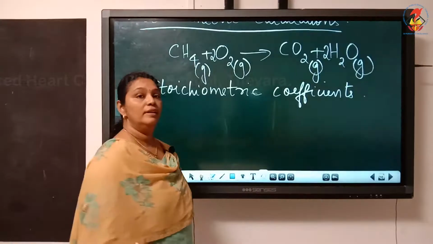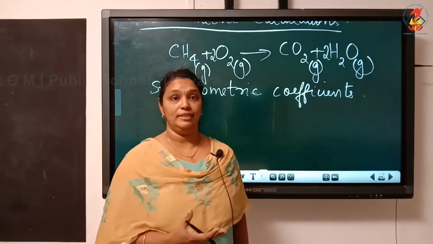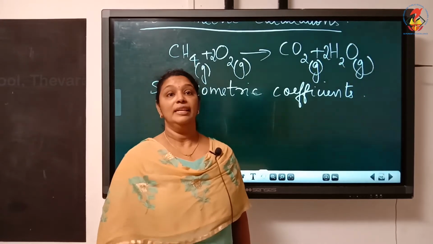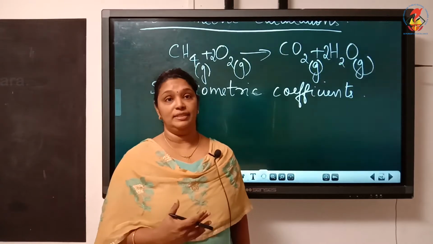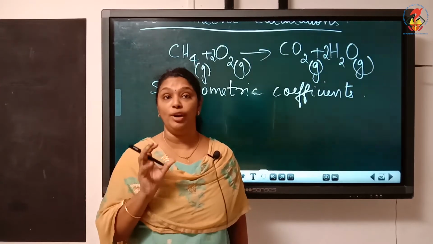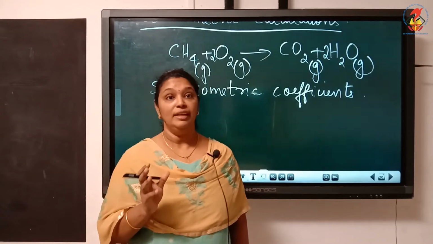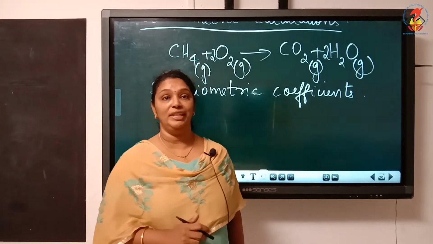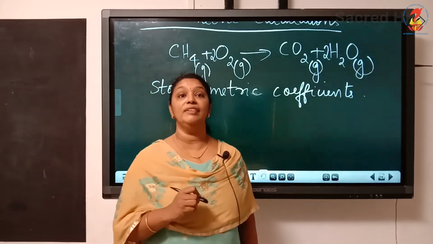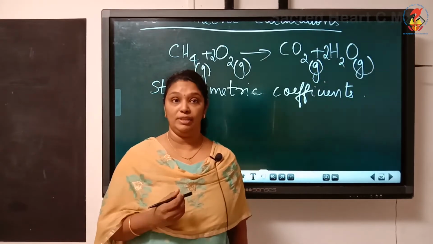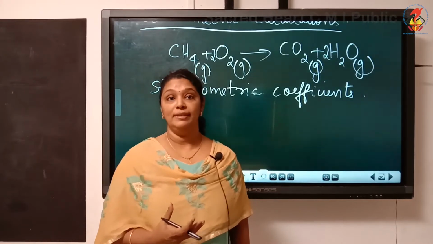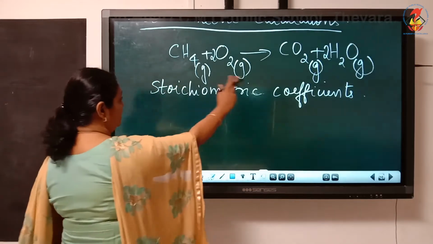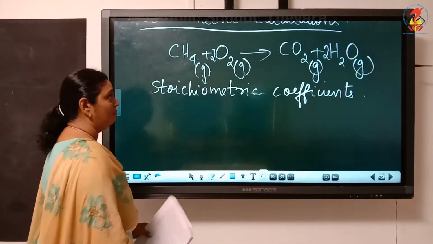Now, there is a lot of information that we get by looking at the stoichiometric coefficients. So, I am going to write the different pieces of information that you get by seeing the stoichiometric coefficients in a balanced chemical equation. The first information is that the stoichiometric coefficient gives us information about the number of molecules that participate in a chemical reaction. If you look at this example, there is combustion of methane, we can say